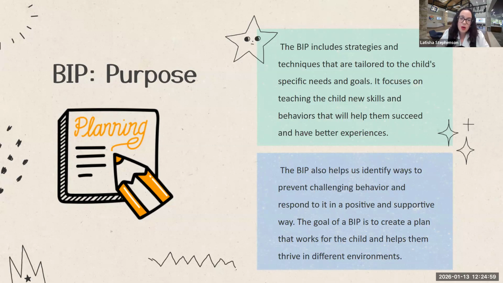We also need to have, as part of a plan, what happens if that student does engage in the behavior we don't want to see? How should the teacher and staff respond? And then we want to make sure that if a child is engaging in behavior that is a danger to themselves or others, there's a safety plan in place. And that's really critical.